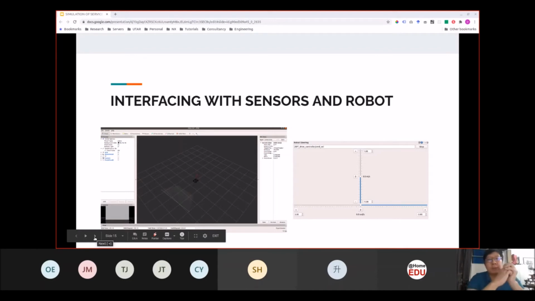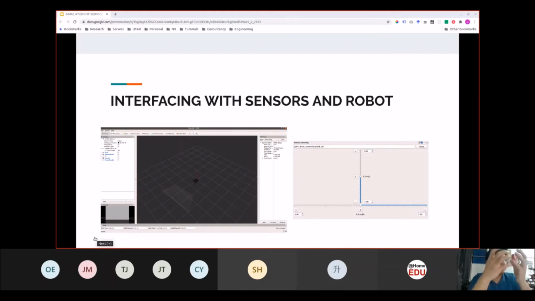For the next two sessions, I'm going to share with you how we create our environment. And also at the end, I'll show you one example for the simple task that we created a code for.